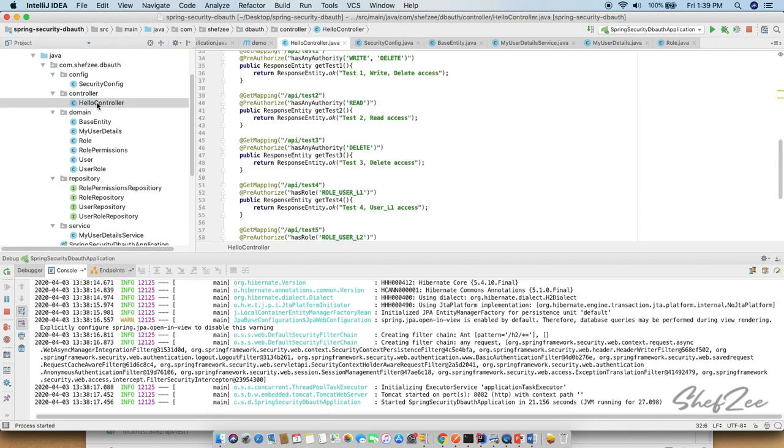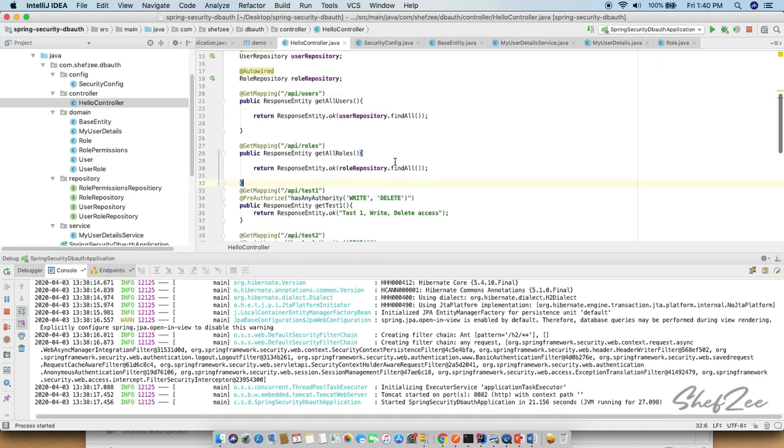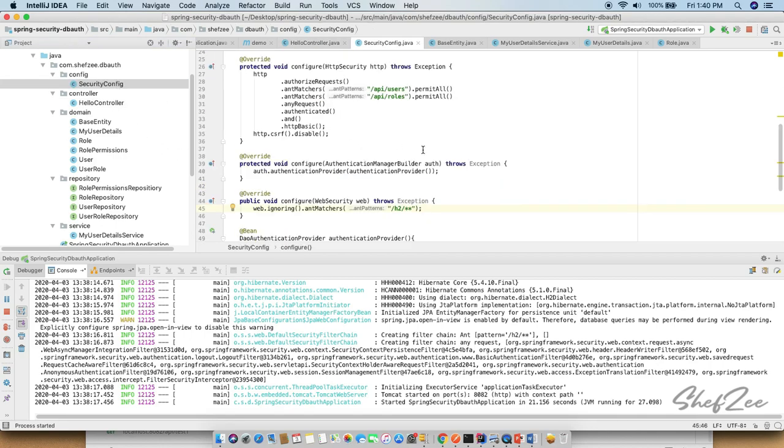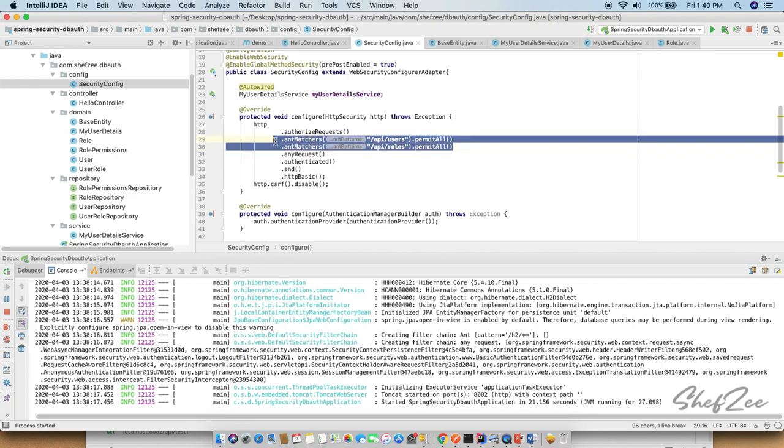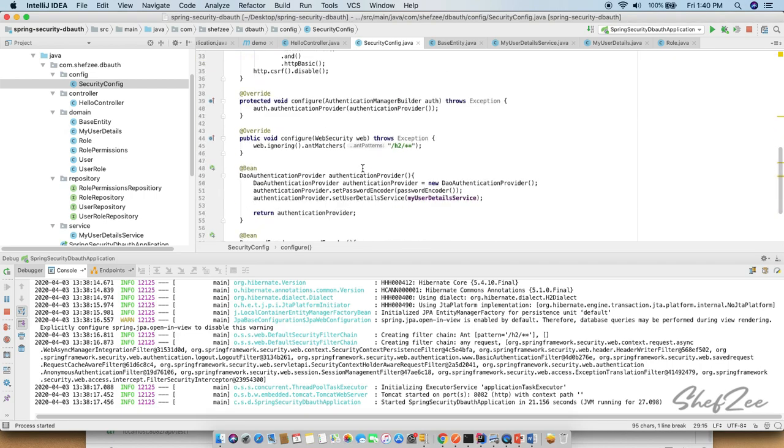And then we had the controller where we had added these two initial endpoints to retrieve the users and the roles, and then we configured the security configuration. So we have initially permitted all the users slash users and slash roles to permit all the authenticated users, and then we created the